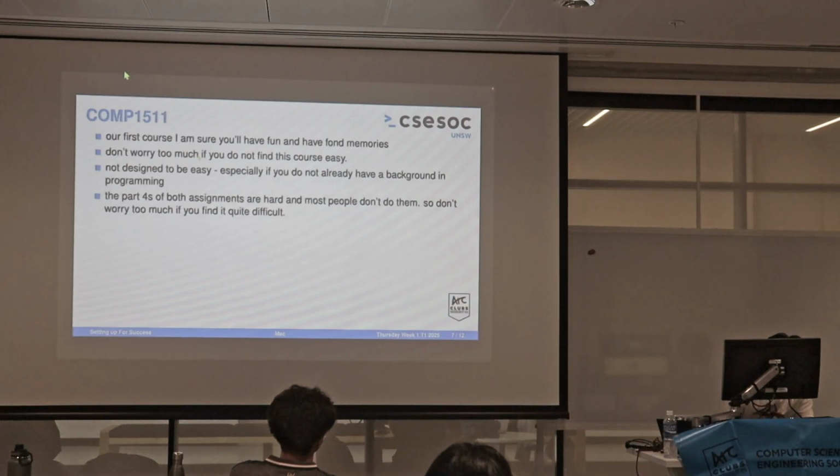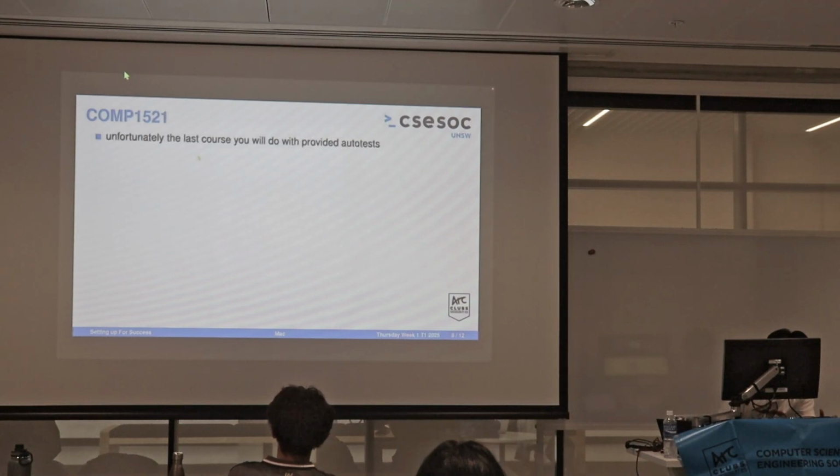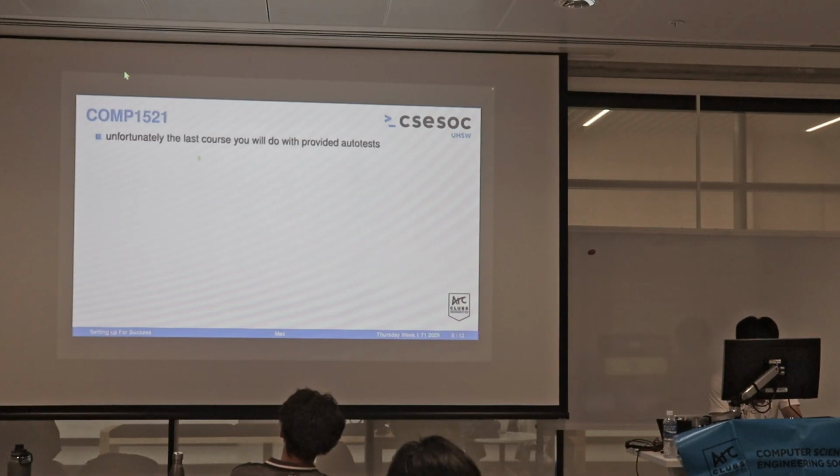And now, let's talk about 1521. 1511 is like the first course with provided autotests. 1521 is probably the last course with provided autotests. So, if you guys think that autotests are pretty painful now, imagine without them. Without them, you won't even know if your code behaves the way you want. But 1521 is the last course you will do with provided autotests, and it is the course that